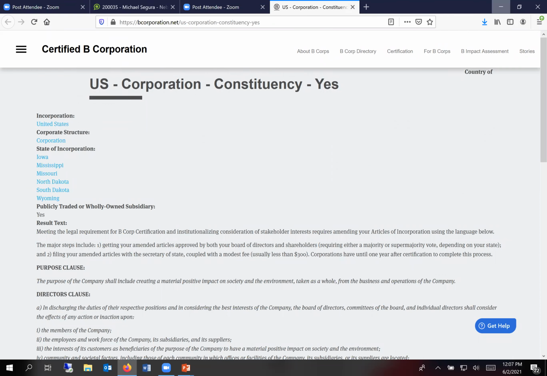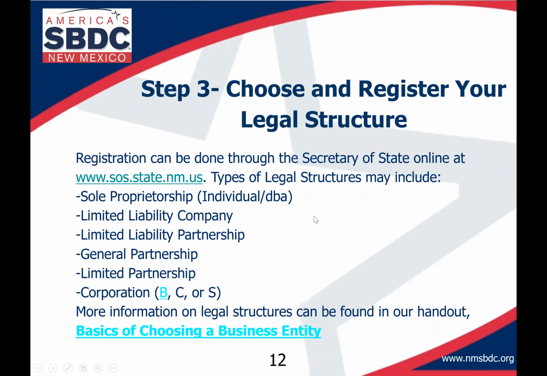If you are interested in that type of business, I don't want to say they're fads, but they're a very popular type of business structure these days. There's a lot of companies that do this. There's a place that makes hammocks. They have these hammocks made in Thailand. They pay the workers in Thailand a fair wage. They import those hammocks here and charge, in my opinion, way too much for them, but they're beautiful hammocks. There's a business that purchases baskets from people in Africa. They pay a fair wage to those people in Africa, and then they bring the baskets here and sell them in the United States. Those are great examples of benefits corporations.